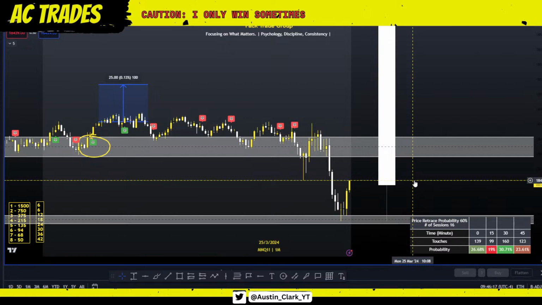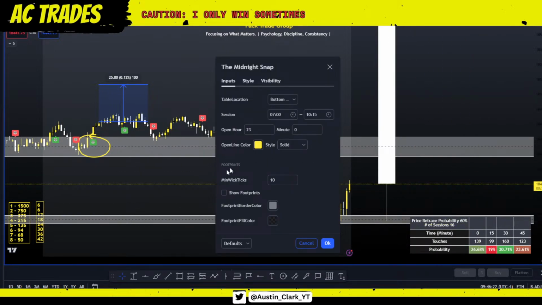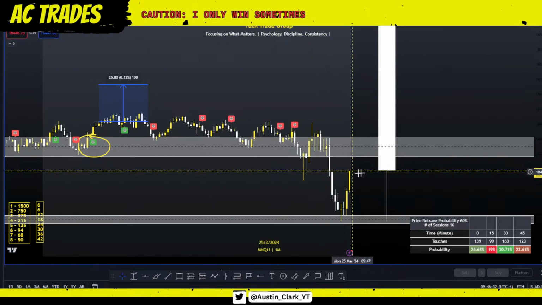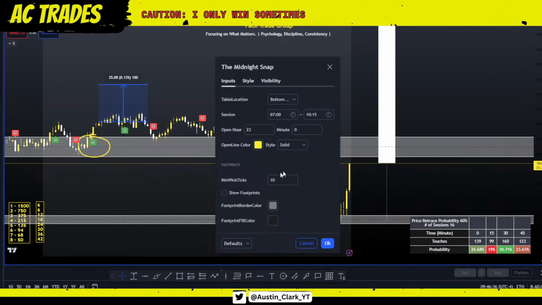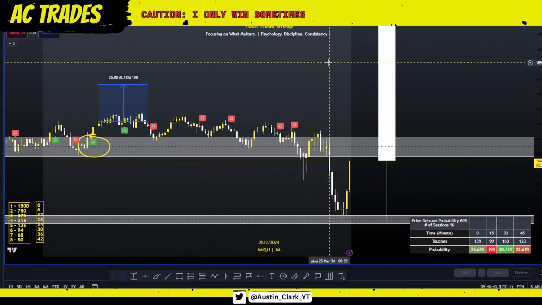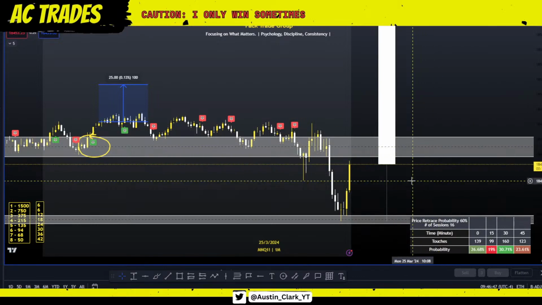What do you have your minimum wicks? I don't use it. I don't use that because I can see the liquidity footprints. The only reason I really have this setting here is for people that don't know what liquidity footprints are. It kind of trains your mind to see where the footprints are, but you don't need it. It's just there as like training wheels. But eventually the goal is to train your brain to see these footprints with the indicator, and then slowly want to just be like, okay, I don't need that anymore because I can see them.